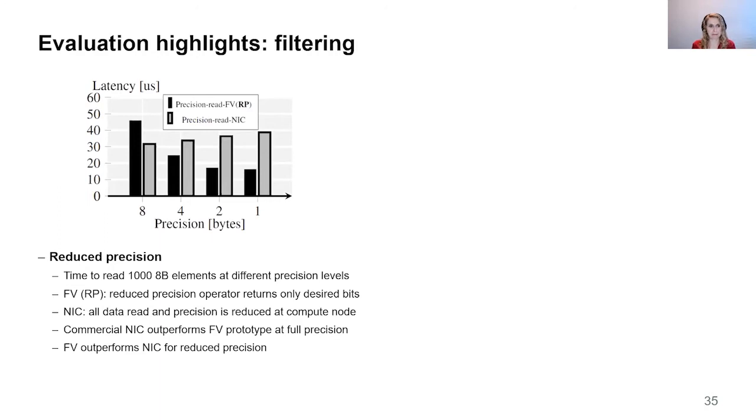the compute node. What you can see is that Farview definitely improves on the full precision reads, as it is able to reduce the precision closer to the memory. We really benefit from that in terms of the time it takes to read 1,000 of these data elements. In contrast, with the traditional approach of using the commercial NIC and the compute node, there really isn't any benefit to reading the data at more reduced precision. So by pushing this filtering logic closer to the data, we're able to achieve performance